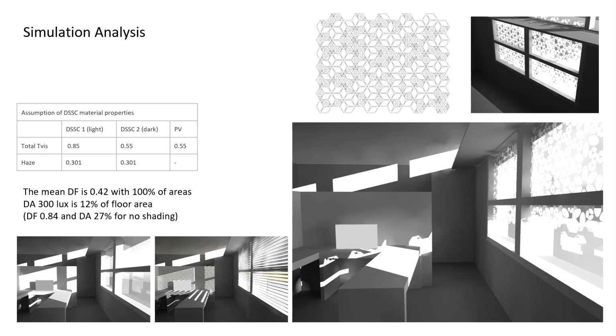And then try to see the impact of these unique geometry patterns. So we actually run Diva again to see the different results. On the bottom left is the original case, and the middle is when we suggest the shading device only, and the one on the right is when we suggest a more advanced version of the shading